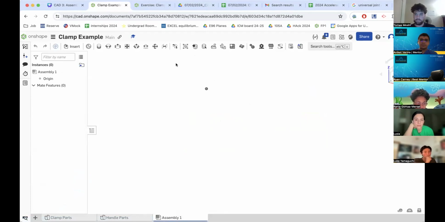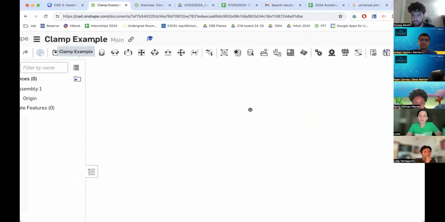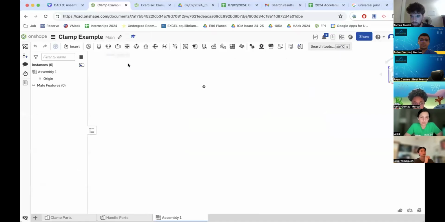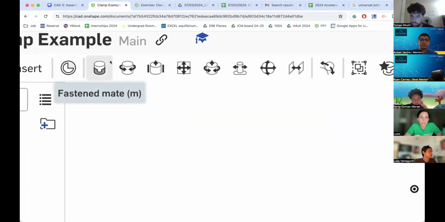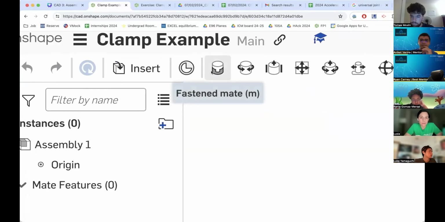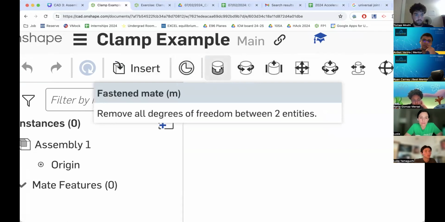And I'm going to explain some of the different options for mates that we have in Onshape, which are right here in the top toolbar. So real quick, I'm gonna explain what a fasten mate is, and then a few of the other mates. You can think of a fasten mate as like a drop